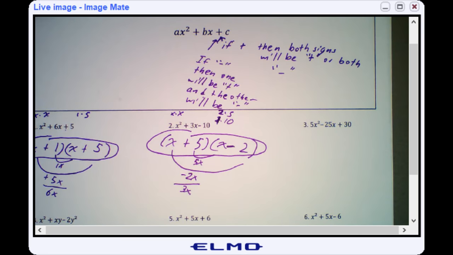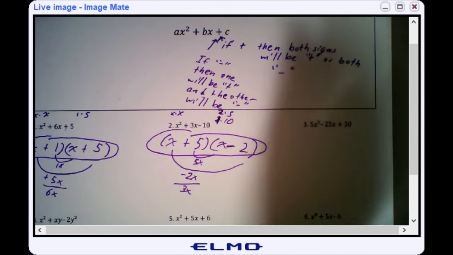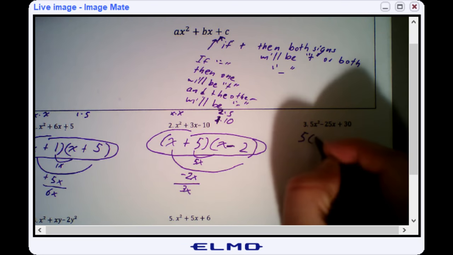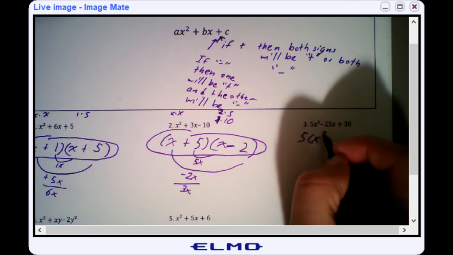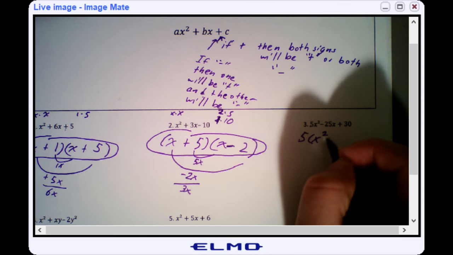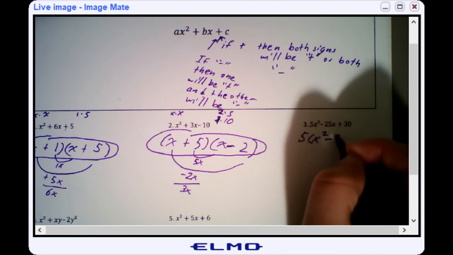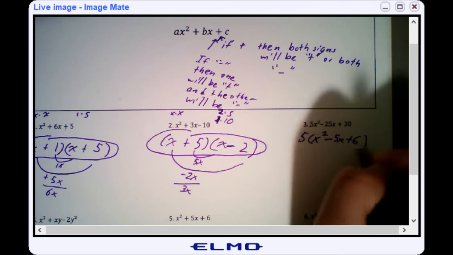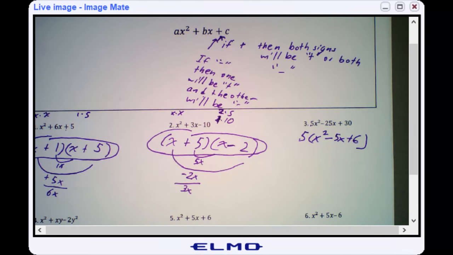For problem 3, I've got 5x squared minus 25x plus 30. I look for GCF. They don't all have x's, but x squared has a coefficient and x has a coefficient. So I can look at the numbers, 5, 25, and 30. 5 goes into all of those. So I'm going to factor that out first. So I get 5 divided by 5 is 1, so 1x squared minus 5x plus 6. And then I'm going